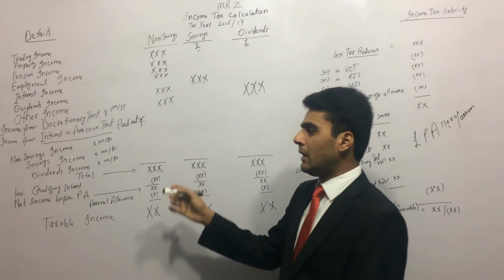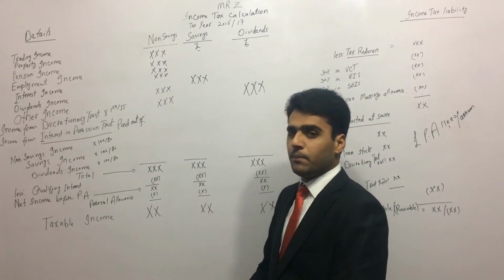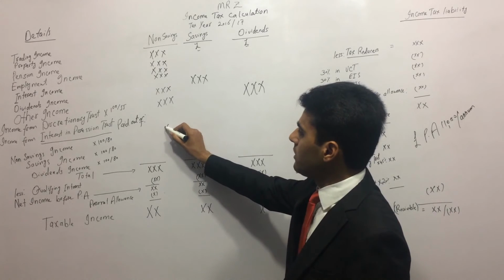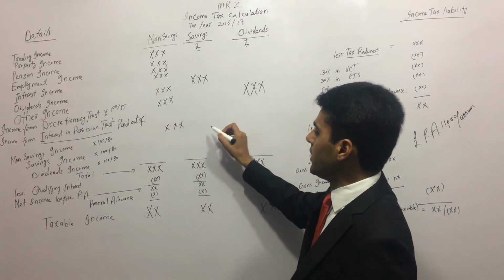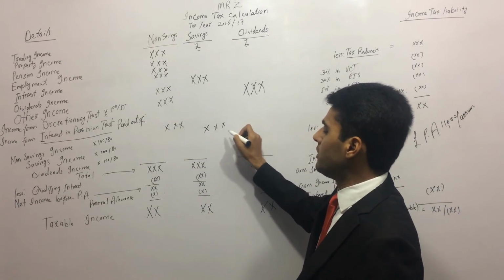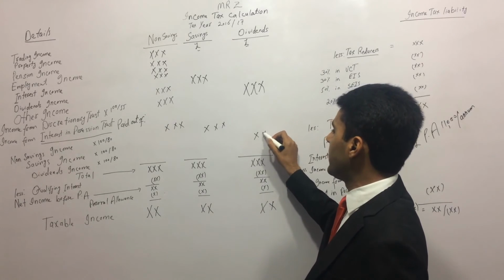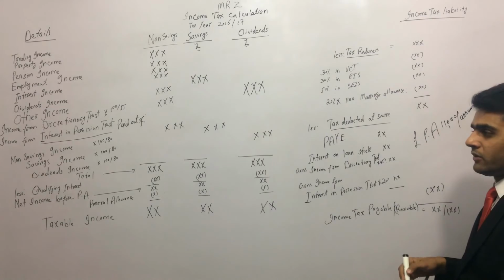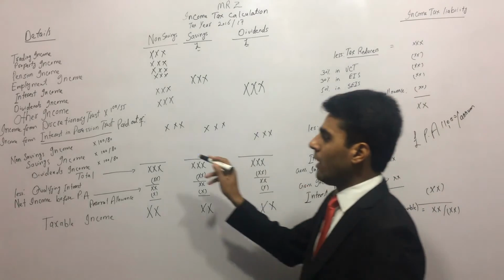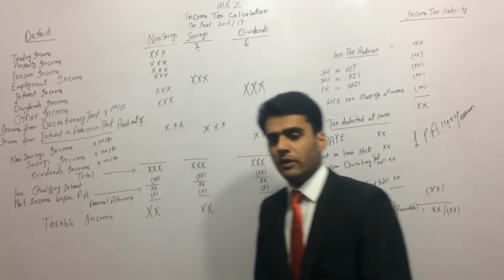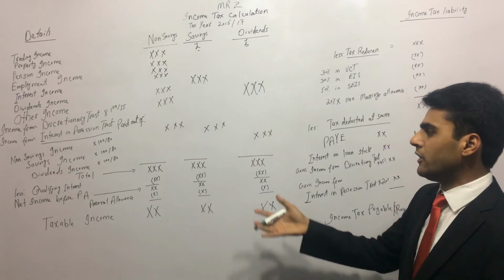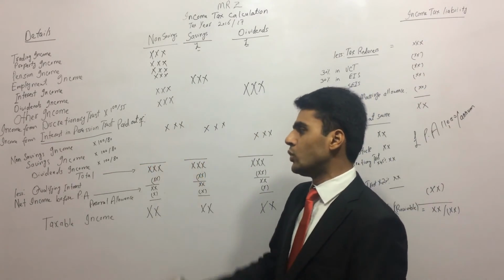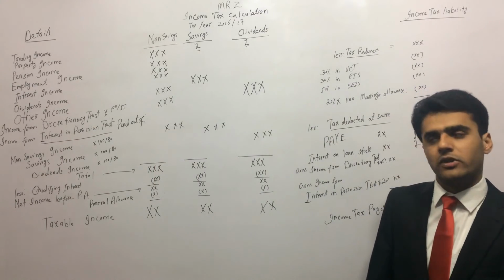Now, whichever source of income it is being paid out of, we will put that amount into the relevant section. If it is paid out of non-savings, we will put it under non-savings. If it is paid out of savings, we will put it under savings. And if it is paid out of dividend income, then we will put it under dividends. But one thing we will always have to do is multiply it by 100 divided by 80, even if it is paid out of dividend, savings, or non-savings. We will always need to gross it up, multiplied by 100 divided by 80.